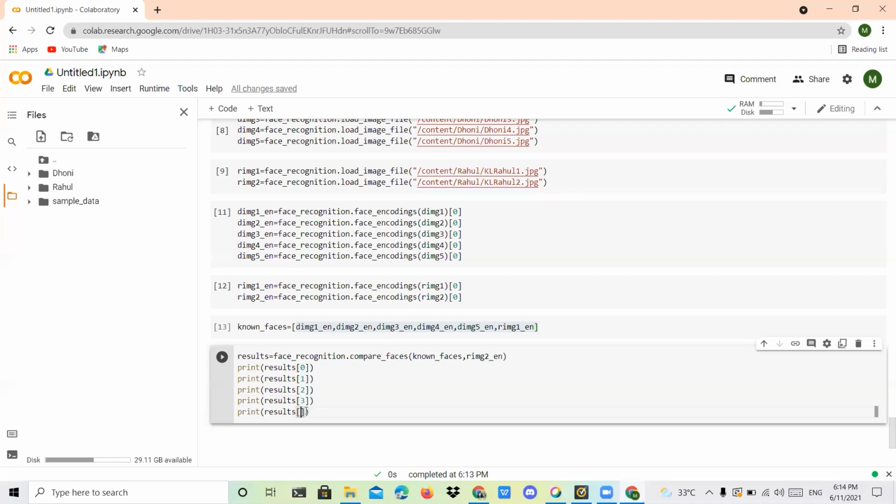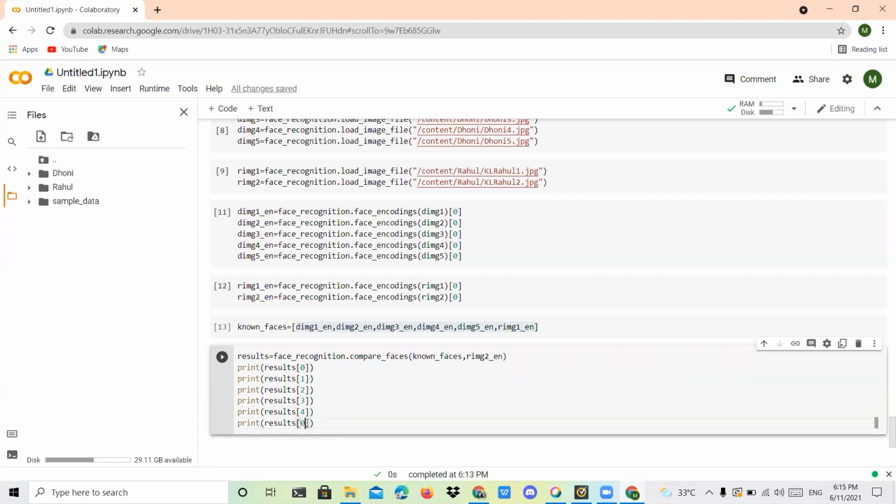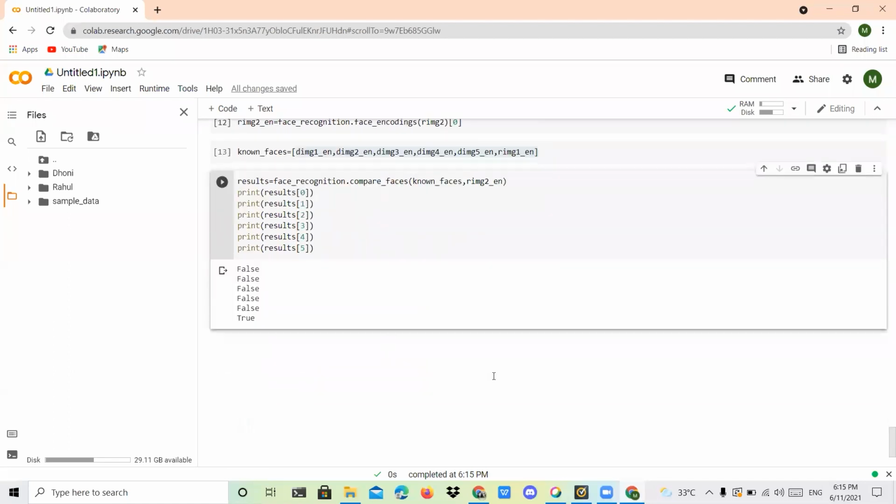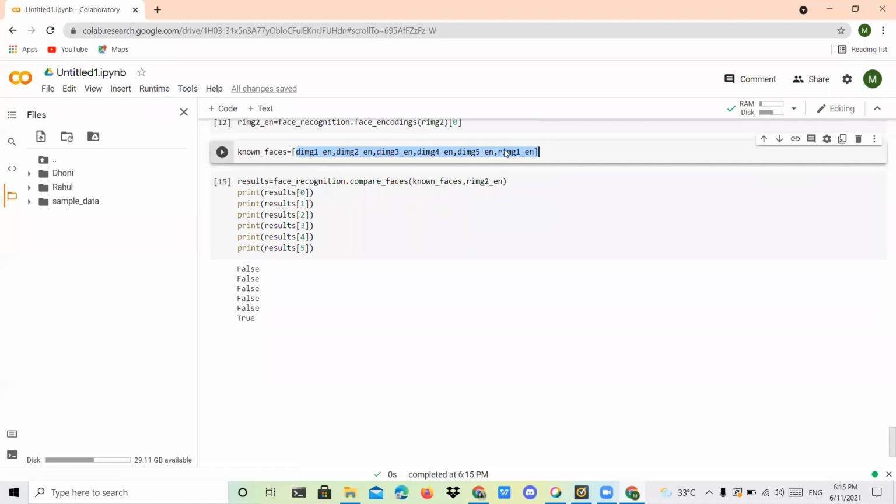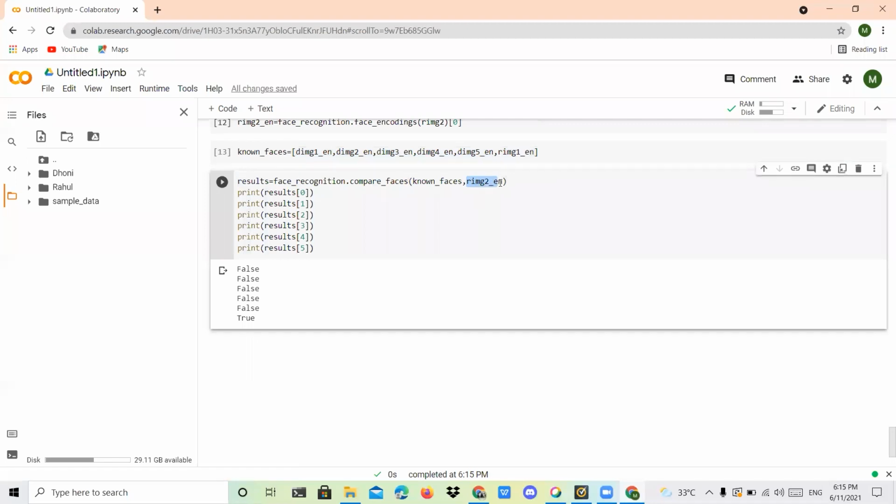And this is 4. And the last one, because I have 5 images in my array, known phases. Check out. Yes, all 5 images show false. The last one alone is a true image, because the 5 images are based on the Dhoni image and the last one alone is the Rahul image. Here you compare this Rahul image with your known phases.